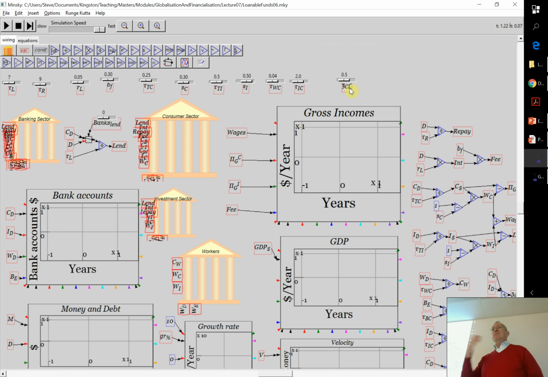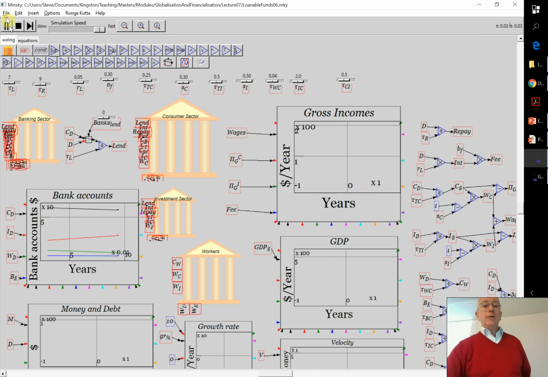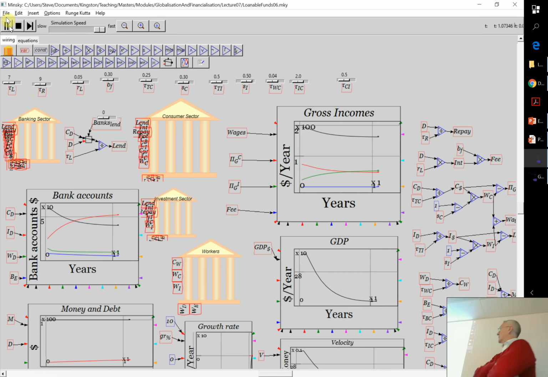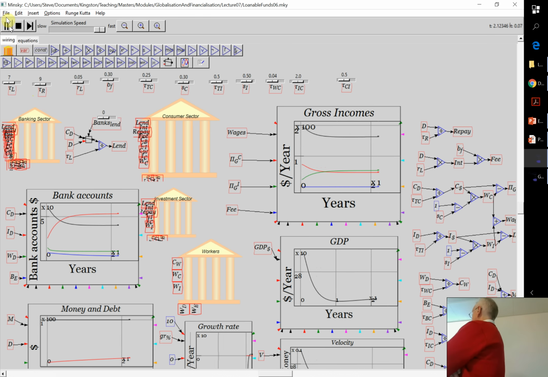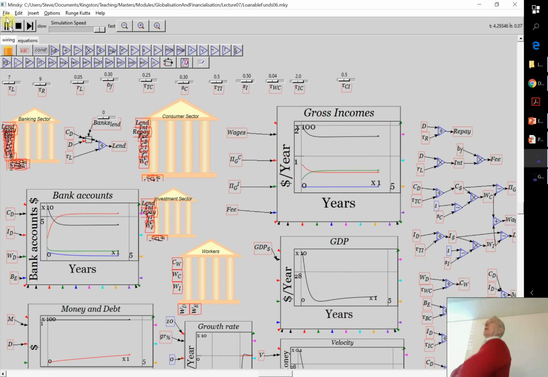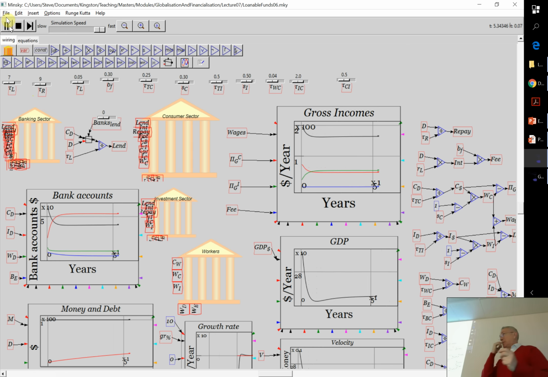So you've got a reasonably simple model there. What I want to do now is say what actually happens if you run it first of all. You'll notice everything's settling down to equilibrium rates here. GDP plunged from the initial level because the initial conditions were just chosen at random. They're consistent, but they weren't consistent with the equilibrium of the system.